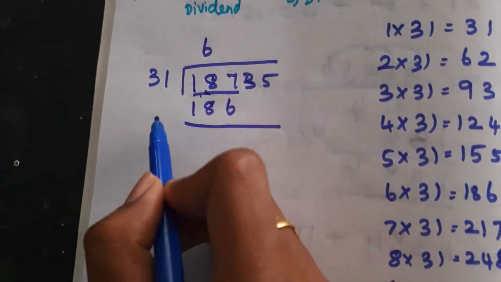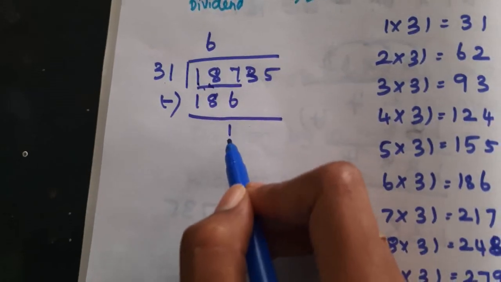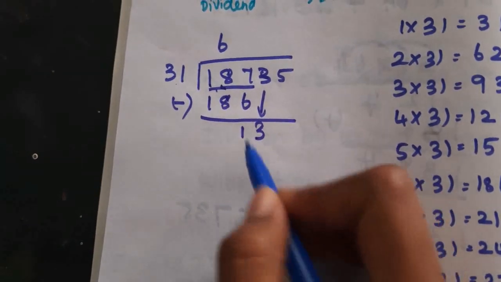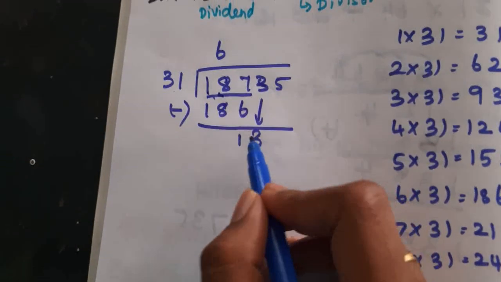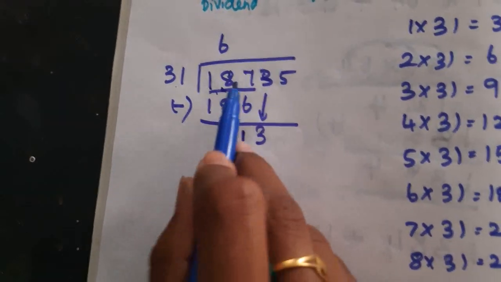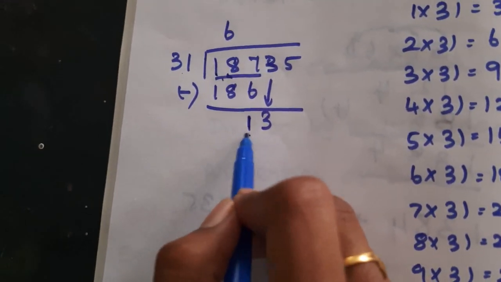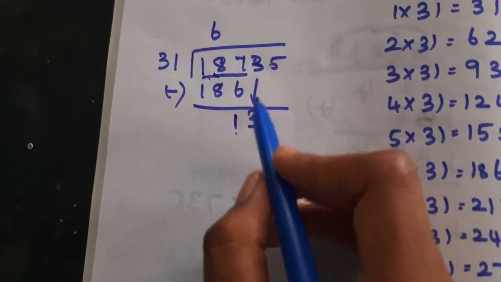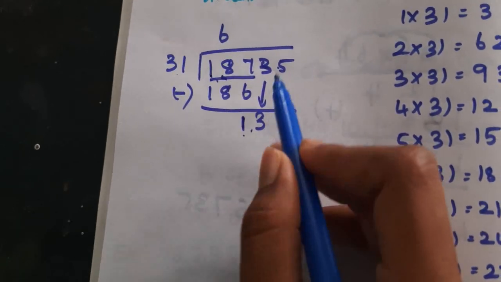186. What process? Subtraction. 7 minus 6 is 1. So here we have the 1 digit, so we have to get help from the next number. Each step we have to keep one number down. In case that number compared with the divisor, and the answer for the previous sum, is greater, no need to take the next number. But in case that number is smaller, you have to bring another number down.